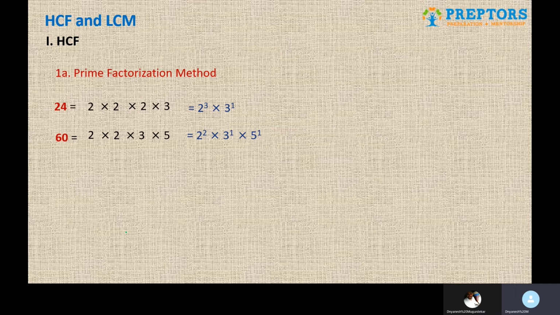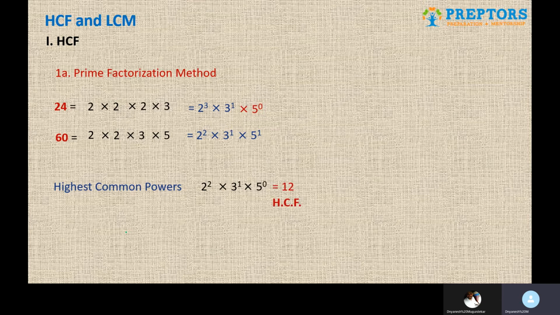And now for calculating HCF, what you are supposed to do is take the highest common power. The three words that you should remember are highest common power. It should be highest, and it should also be common. When we simplify that further, we get 2 raised to 2 as the highest common, then 3 raised to 1, and then 5 raised to 0. When we multiply all these values, we end up getting the same answer of 12 that we got in the previous case as well.